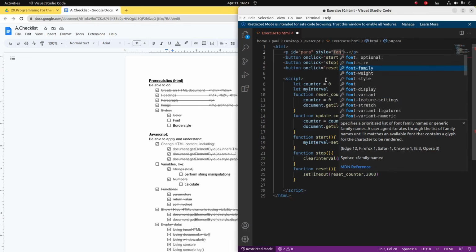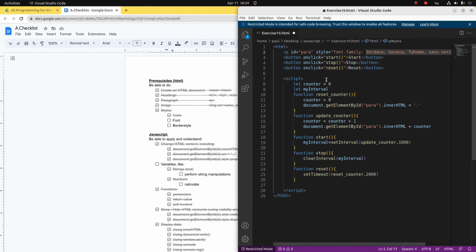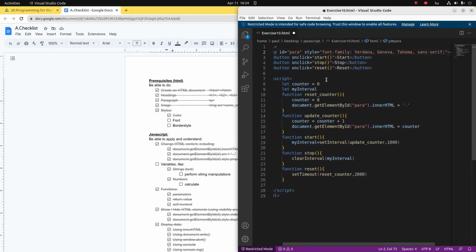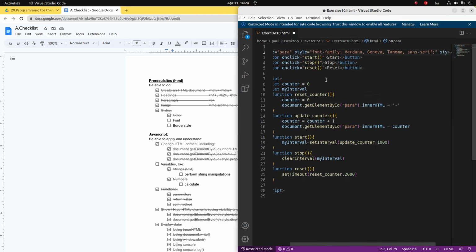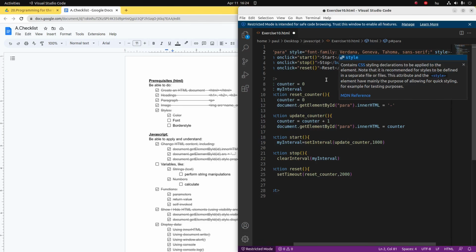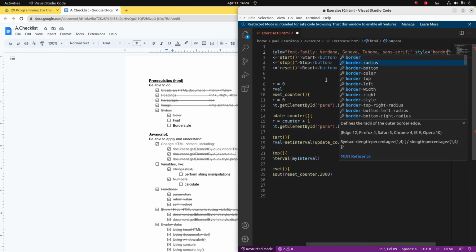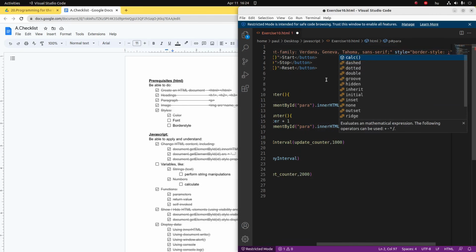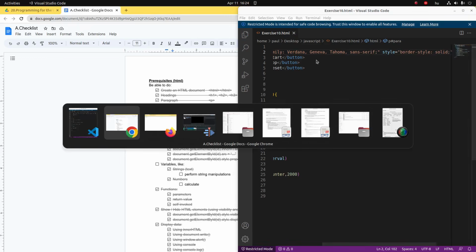I'm going to pick font family, and here we have a list of pre-installed font families. Let's put it on Verdana and just press tab to fill it out. Another thing which we can do too is set the style equals the border style to solid. Let's save it and let's go back to our